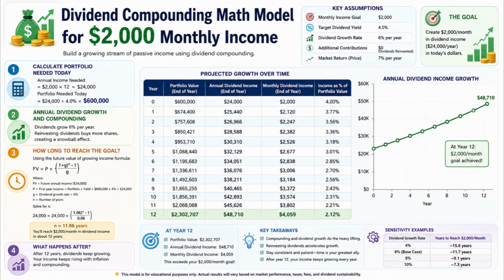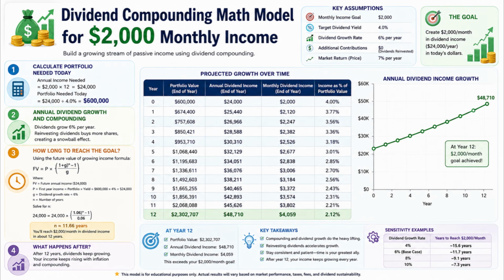$2,382 per month. Then, by year 5, the portfolio value may increase to approximately $1,068,440. At this stage, annual dividend income reaches around $32,129, or approximately $2,677 per month. As the process continues, the portfolio is projected to reach nearly $1,500,000 by year 8. The annual dividend income at that point is approximately $38,211, which produces around